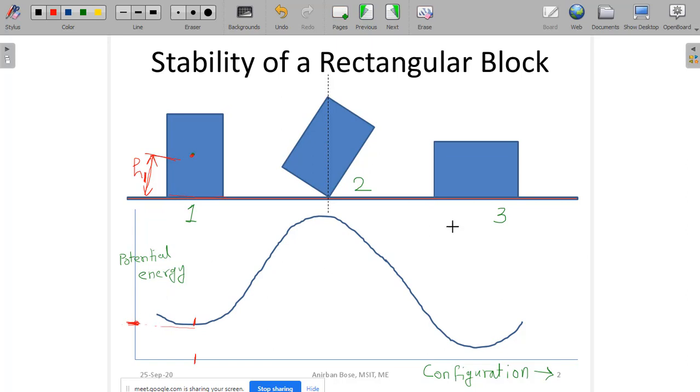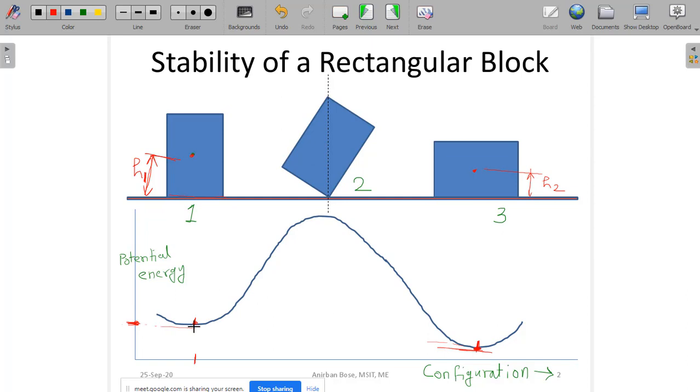Now see another orientation here. If you see the third configuration, in the third configuration this height is h2 from the datum. So the potential energy is mgh2. So this is corresponding to the third configuration, and the potential energy corresponding to this is mgh2, and it is clear from configurations 1 and 3 that h2 is less than h1. So you can see in the diagram also the same thing is showing, that this point is lower than this point.